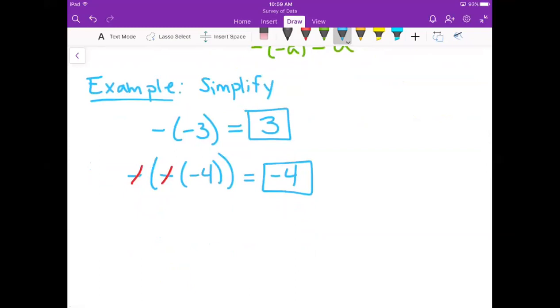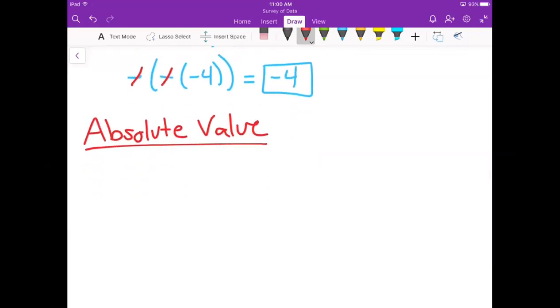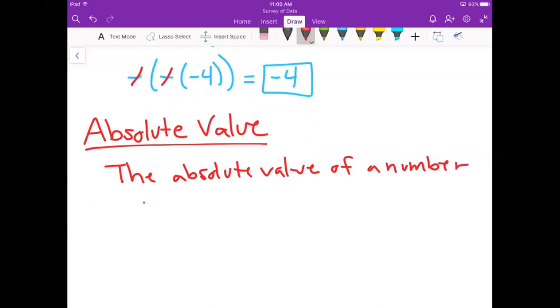All right. Now, the second thing we want to review before going into adding real numbers is what the absolute value of a number is. When we're looking at adding real numbers, it's helpful to look at the absolute values of those numbers first. And that just means the distance from 0. So the absolute value of a number is its distance